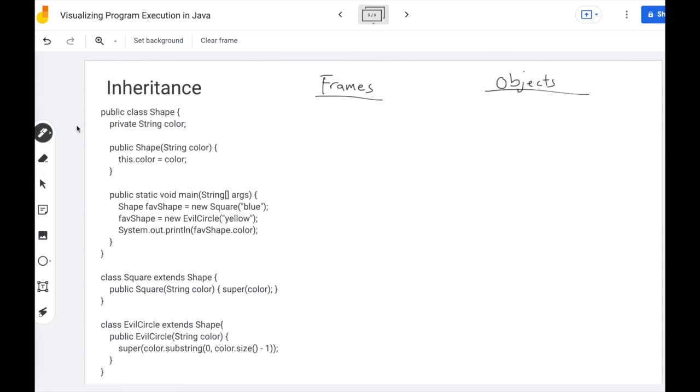All right, and for our final example of the day, we'll be talking about inheritance. How do we visualize subclasses? And so let's just start with main, because we know how to do that at least. Okay, so we have an assignment statement now. Shape favShape is new Square("blue"). Now Shape is the higher level class, Square is a more specific class, but what we're doing is we're creating a new Square instance. So